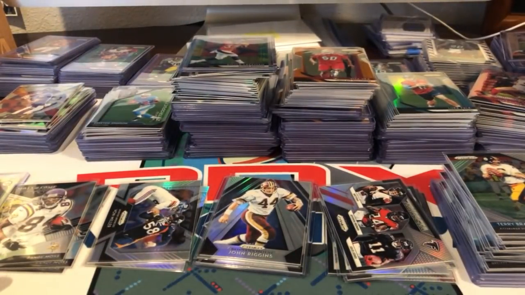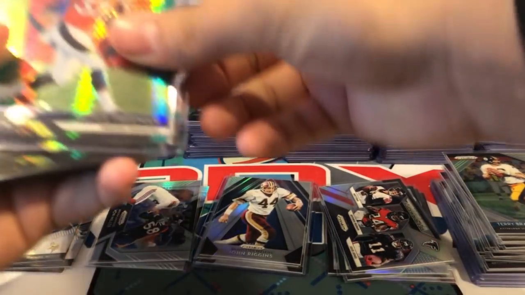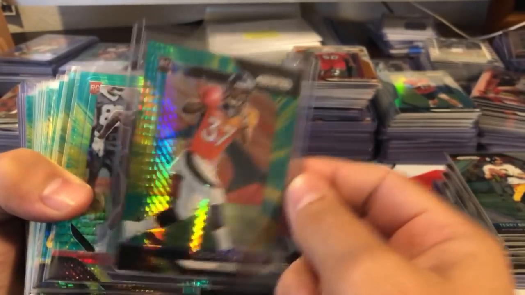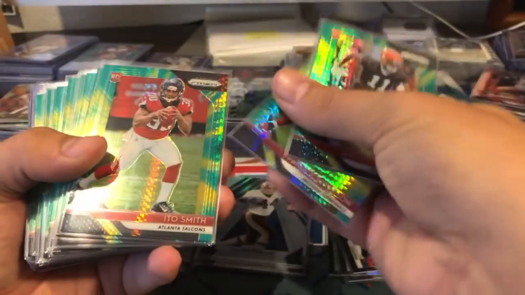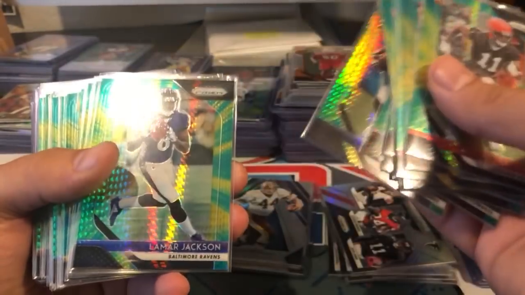And then we start to go into the numbered, the hypers. So these are all numbered at 275. You kind of got that blue-green pop. So it's the hypers. Antonio Callaway, Le'Veon Bell, Patrick Peterson, Ito Smith, Dory Jackson, Justin Houston, Dalton Schultz, Dion Lewis,